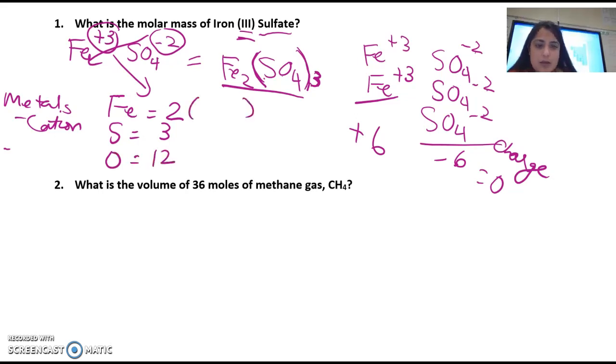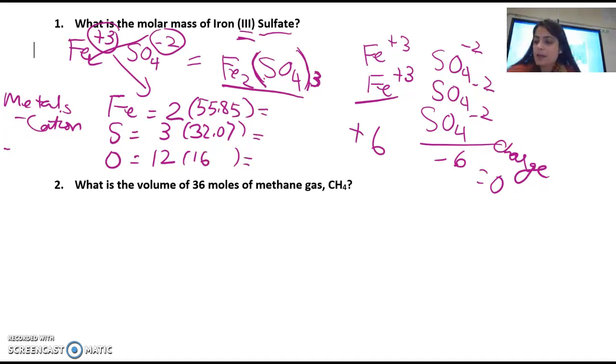And then you go to your periodic table to get your average atomic masses. So I have mine here. Sulfur is 32.07. And then iron is 55.85. And then oxygen is 16. I just rounded it. And of course, these are all grams per mole. So now you're going to multiply these, and you should get